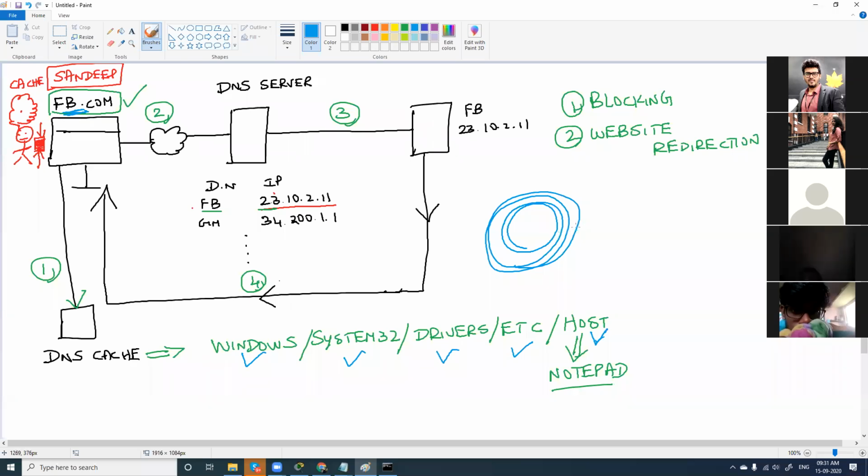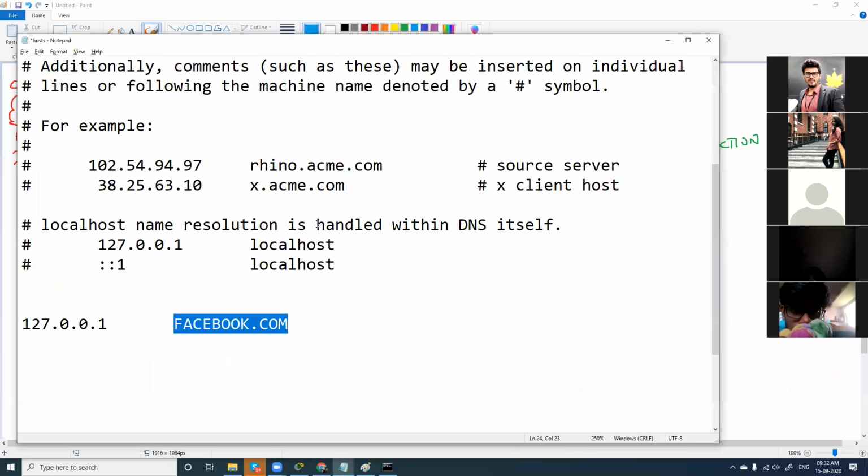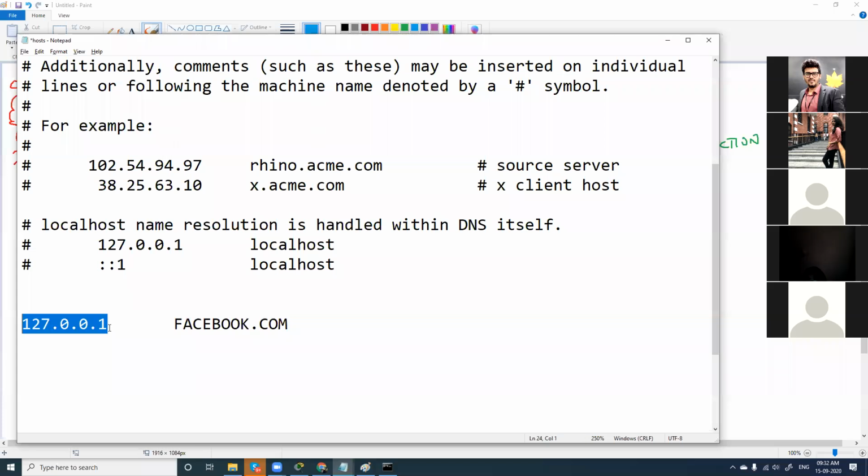You can do the same thing. Now, instead of 127.0.0.1, what I do is give Gmail's IP address here, 34.200.1.1. Logically, after saving this, what should happen?